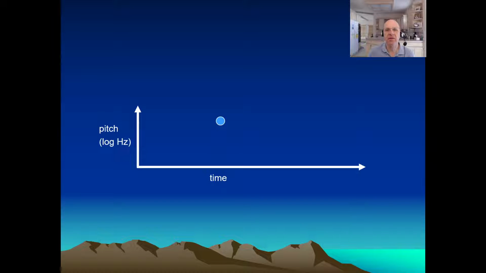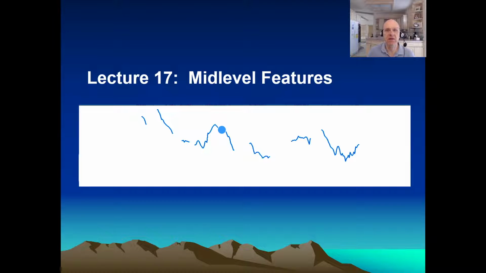Even if normalized, in order to model things that humans can truly hear, you need some context. Then you can get things like, where are the pitch peaks, how high are they, which words are louder, is there a wide pitch region here? So this lecture is about such mid-level features. These are the most relevant for speech recognition, speech synthesis, emotion recognition, speaker identification, dialogue applications, and so on.